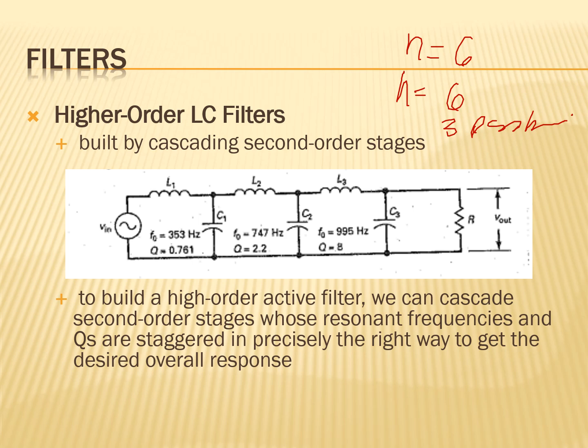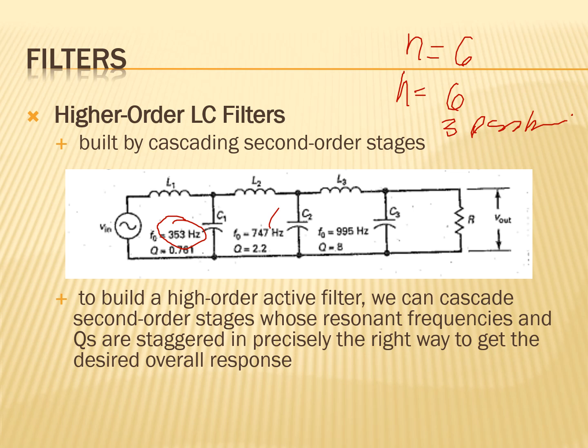The staggered Qs maintain a ripple depth of 1 dB by producing peaks at frequencies at which other stages have rolled off. For example, the second stage has a resonant frequency of 747 Hz. At this point, the first stage has already rolled off, because the first is only 353 and this is 747. So the second stage compensates for the roll-off in the first stage